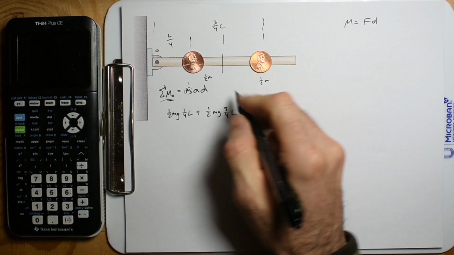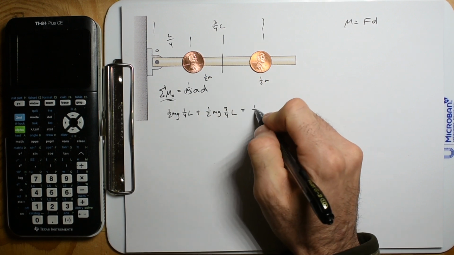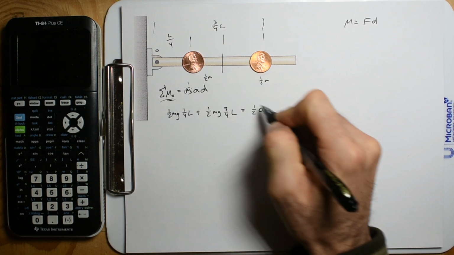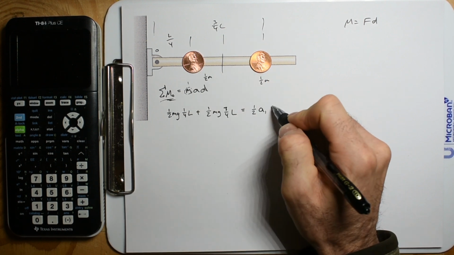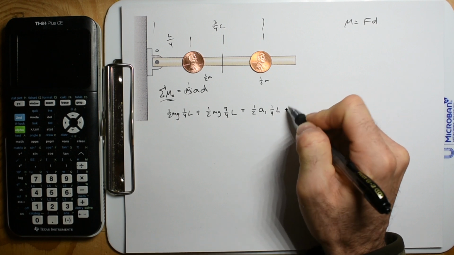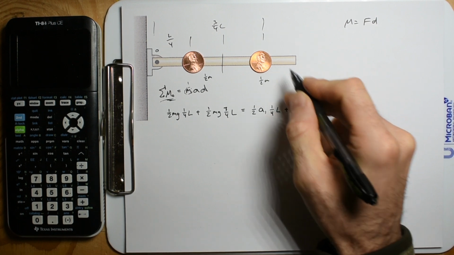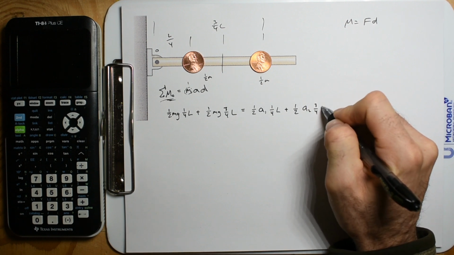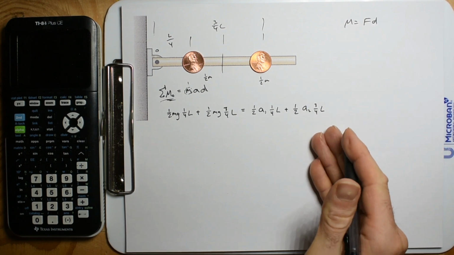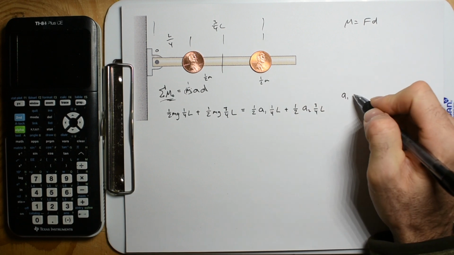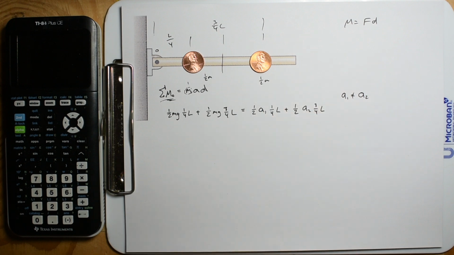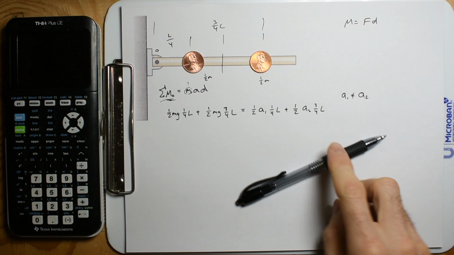I guess let's just write it again. The mass of this one is just going to be 1/2, times the acceleration. I'm just going to say the acceleration of 1 times the distance to 1, which is 1/4 L, plus 1/2, the acceleration of that penny, times its distance, 3/4 L. But we know that the acceleration of this penny is not the acceleration of that penny. And so what I did was,